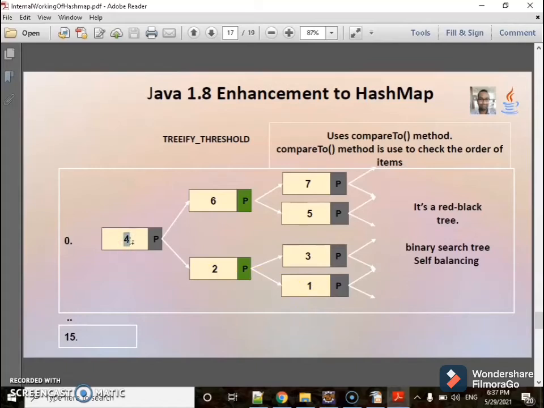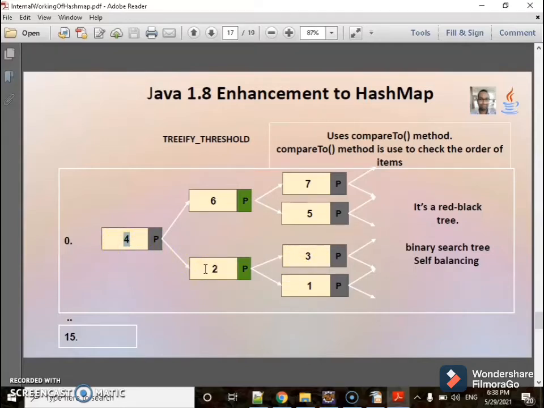Whenever we are putting the entries, first I have put the 4. So it goes here. Then suppose I have put 1. Then it has to compare with the 4. So 1 is less than 4, it comes down. Then suppose I am adding 3. So it compares with the 4. 3 is less than 4, so it goes up to the 1. Then I am adding 2.